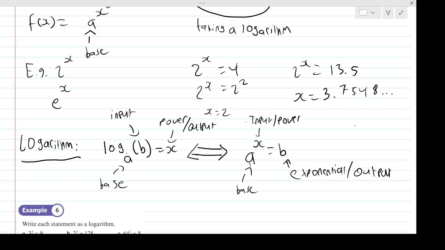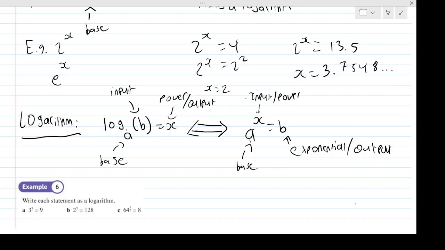And you'll notice the input isn't a base. The base is just a number. So the base is the same in both the logarithm and the exponential. And so what my logarithm is saying is: what power